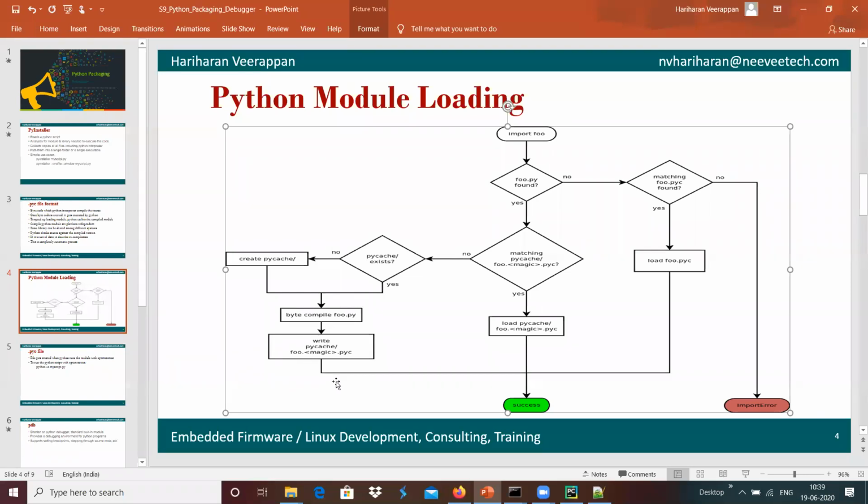Since it was loaded over here, whenever we import this the next time, it comes over here and checks that the PyCache file is present, since we deleted it and it got created.